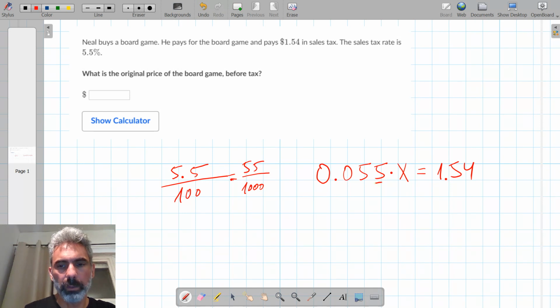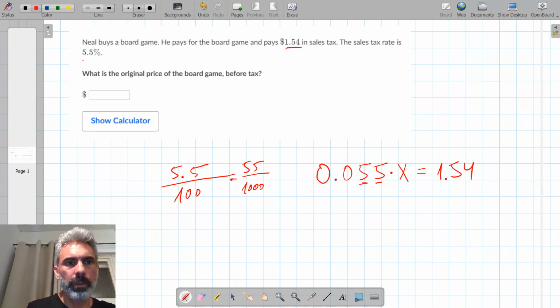This is the thousandths place, and this is the hundredths place. So I have here 55 thousandths. So 0.055, this is 5.5% of x, which is the original price, equals